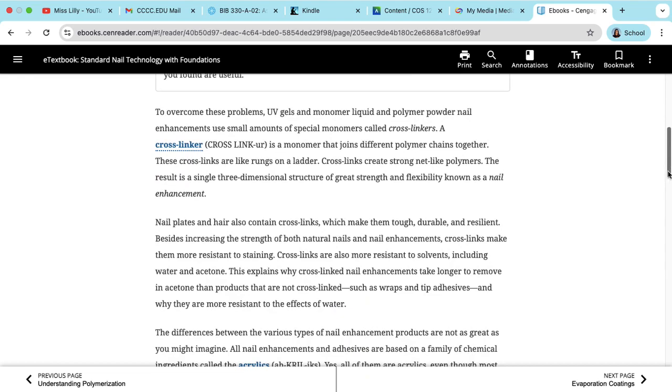Cross-linkers. To overcome these problems, UV gels and monomer liquid and polymer powder nail enhancements use small amounts of special